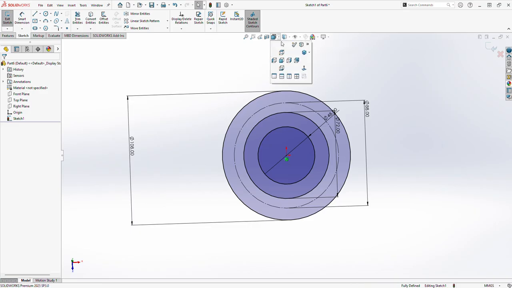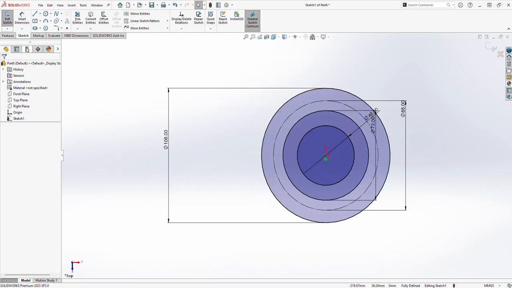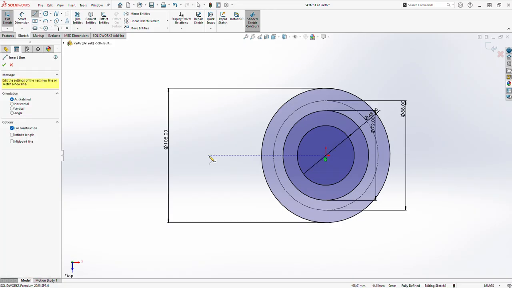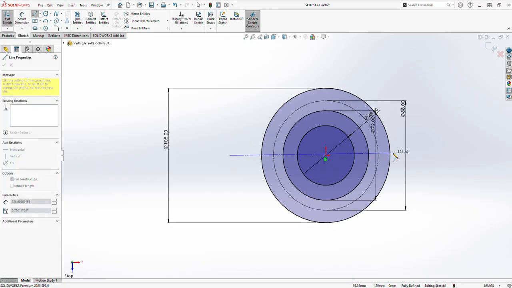Let's choose it normal and take the center line or this midpoint line so that we can generate the PCD